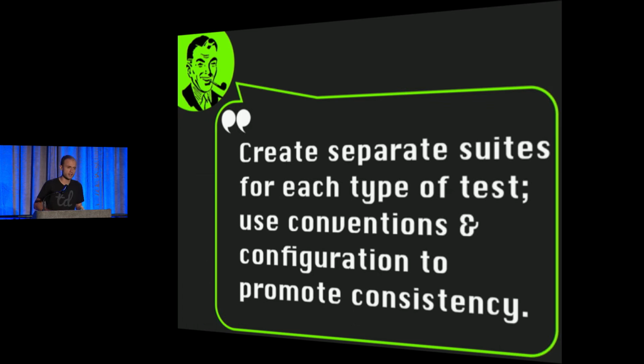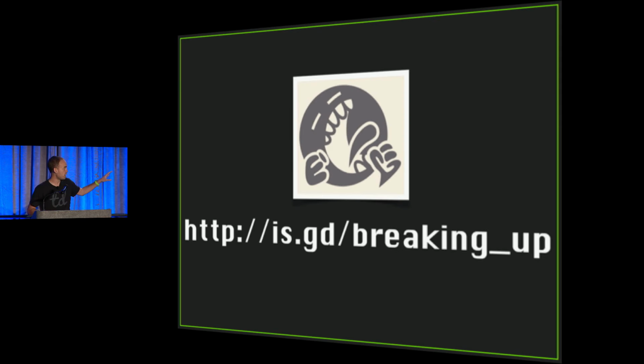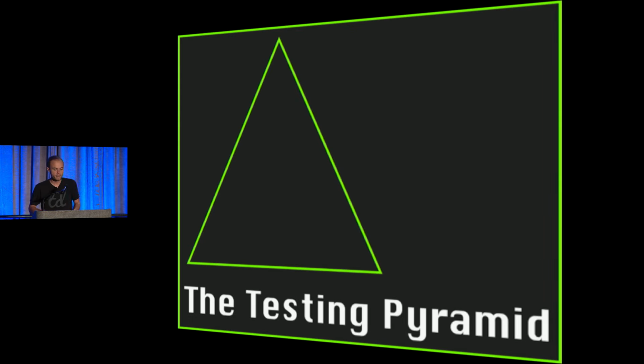And so I've started in the last several years actually creating separate test suites throughout my application for each type of test that I want, each one with very clear conventions and rules of the road of how to write the test, and sometimes even separate test helpers and configuration to exemplify those norms. I wrote a whole talk just about this called Breaking Up with Your Test Suite. That's a short URL there.